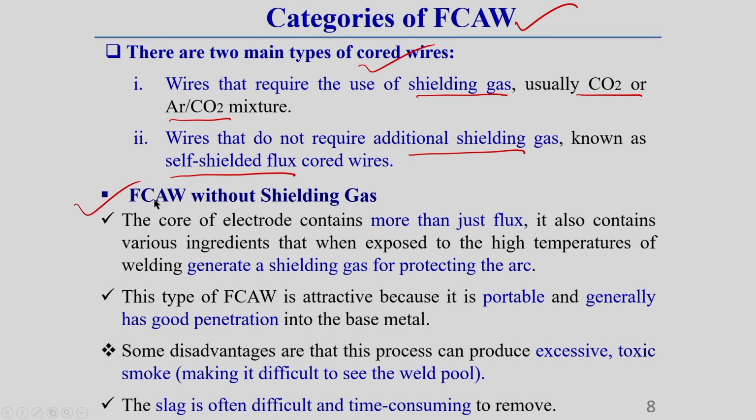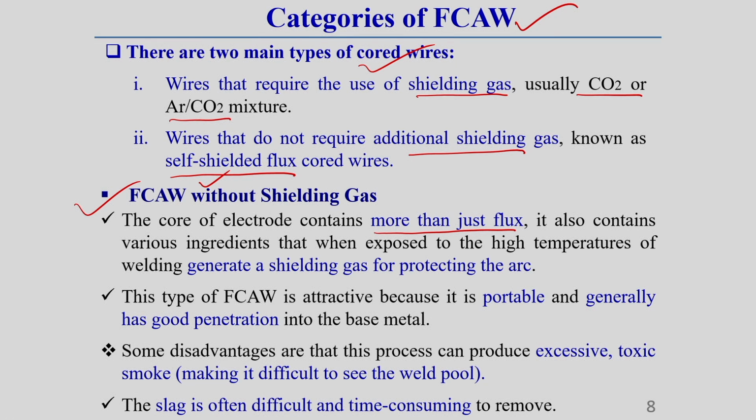Here you see flux core arc welding process without shielding gas. What are the things used inside the core of the electrode? It just contains the flux, what I am telling, understand. So, inside the core of the electrode, whatever elements are used, it is a flux. So, once this flux burns, it develops gases. This gas is generally used as a shielding medium to protect the arc as well as the weld pool from atmospheric condition. That is why it is called flux core arc welding process without shielding gas.